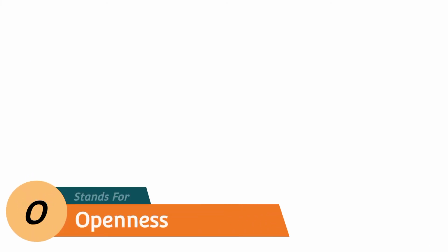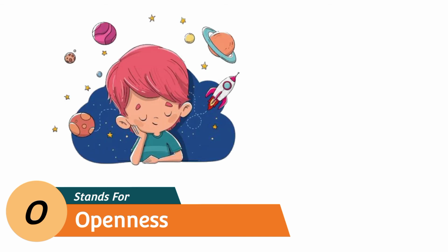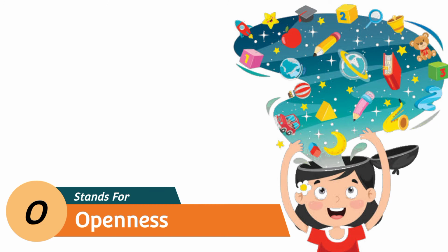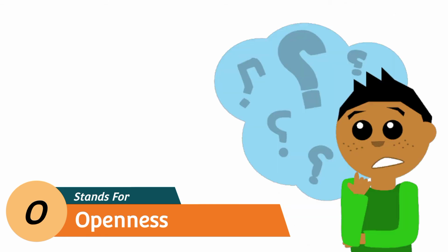O stands for openness. This trait features characteristics such as imagination and insight. People who are high in this trait also tend to have a broad range of interests. They are curious about the world and other people and eager to learn new things and enjoy new experiences. People who are high in this trait tend to be more adventurous and creative. People low in this trait are often much more traditional and may struggle with abstract thinking.